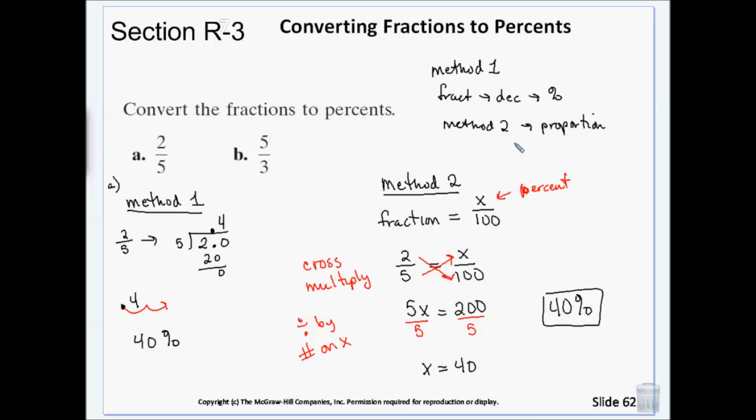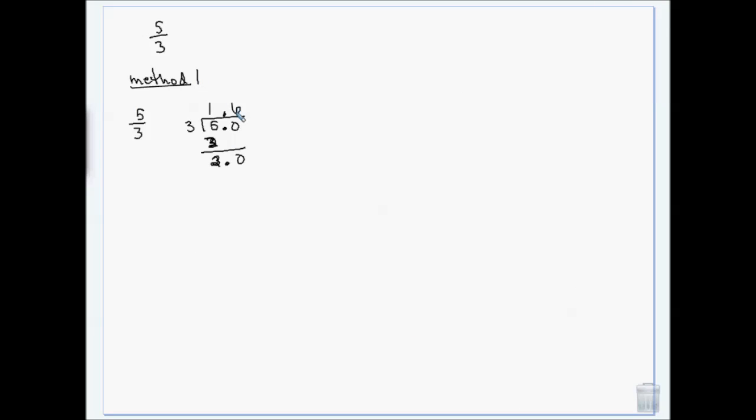Yes. So it's basically easier when you're... It goes into 20 6 times, which is 18, which is going to give me a 20, so I'm going to get 1.6 repeating. So that's 1.6666 forever. And I'm going to move my decimal 2 places. So I'm going to have 166.7%. And the reason I went with 0.7 is because this 6 would round up that 6 to a 7,